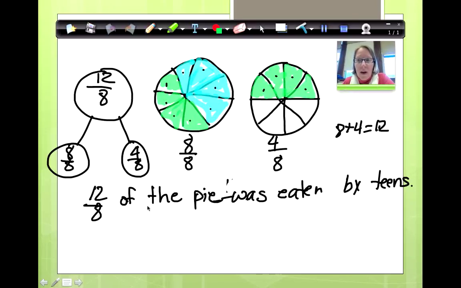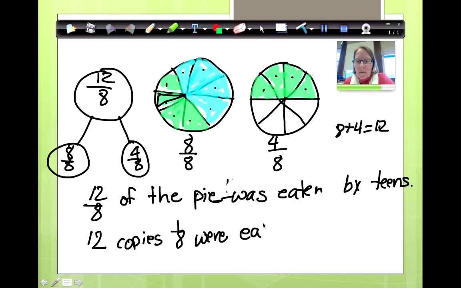Or I can say 12 copies of what? 12 copies of what was this? That was 1/8 were eaten. Right? I could say either way. Or 12 pieces. Or 12 1/8 pieces of pie were eaten. Okay, now